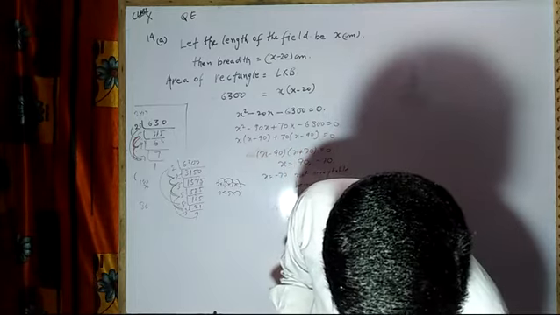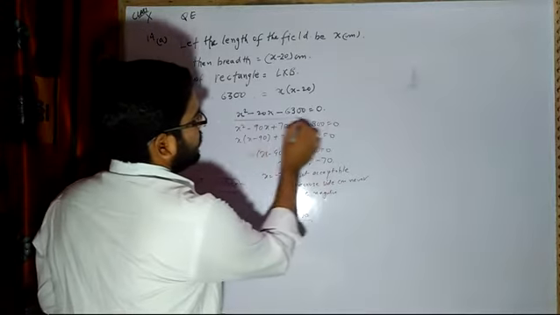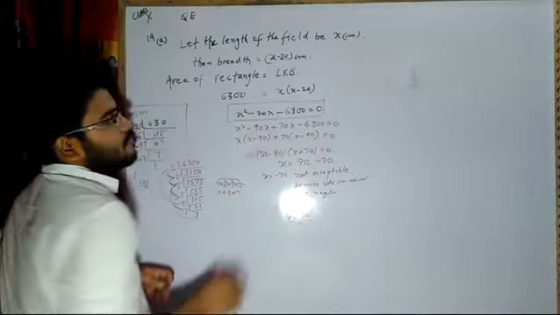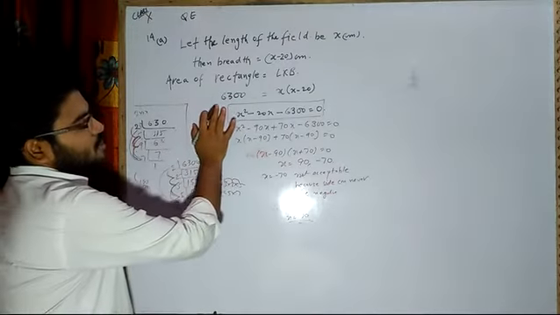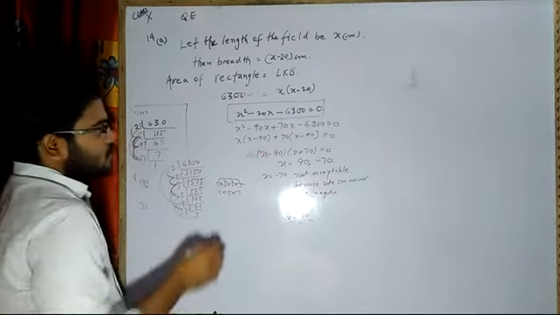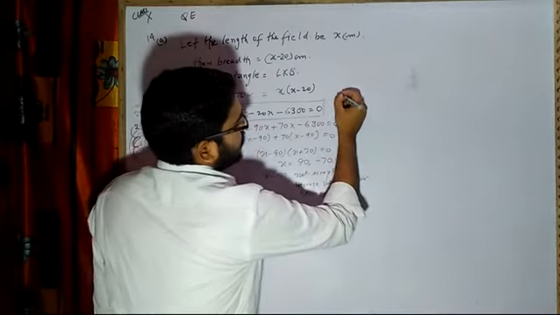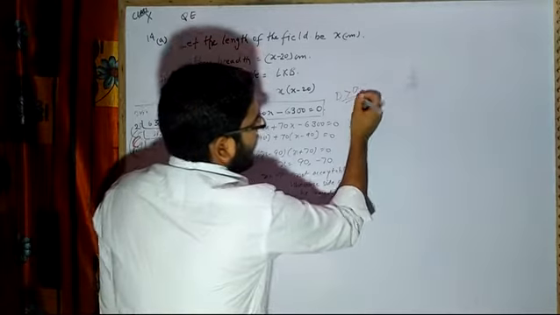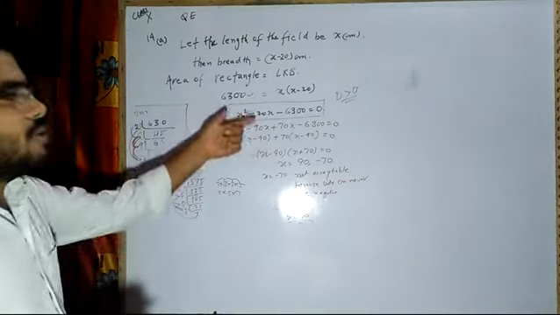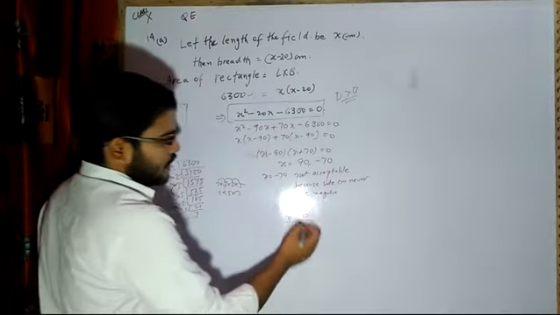So find the perimeter of this rectangle. Now actually I missed one thing: they are asking whether we can frame a rectangular area of this much dimensions, this much area. For this, here only we could have found the determinant. If the determinant is greater than 0, that means if we get a real value, then definitely we can frame the equation and calculate. So here I have found this.